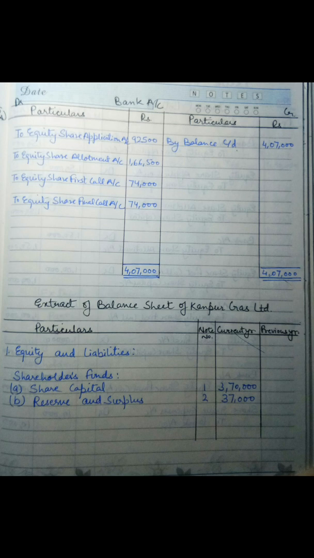the total share capital would be 3,70,000. This could be calculated by multiplying 37,000 with the original price of the share, that is 10 rupees without the premium, and the rest of the premium of 1 rupee, that means 37,000, goes to the reserve and surplus, which we have to show again on the liability side of the balance sheet.